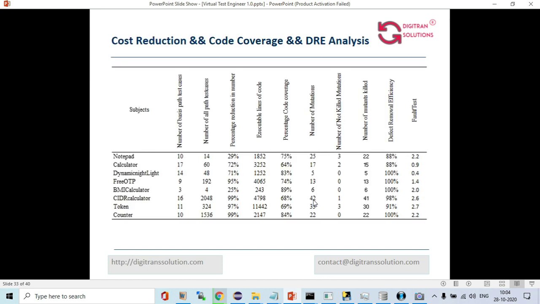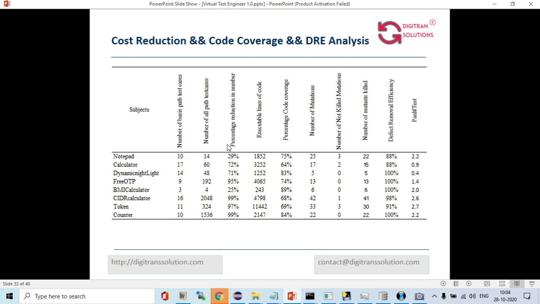Now the efficiency analysis. We analyzed these 8 different sample projects and found the number of basis path test cases, the optimized test cases, given like this. For example, Notepad 10, calculator 17, dynamic night light 14, free OTP 9, BMI calculator 3, CID calculator 16, token 11, counter 10.